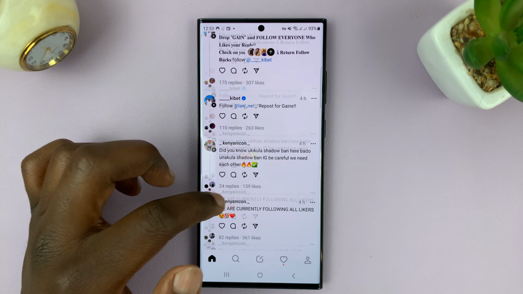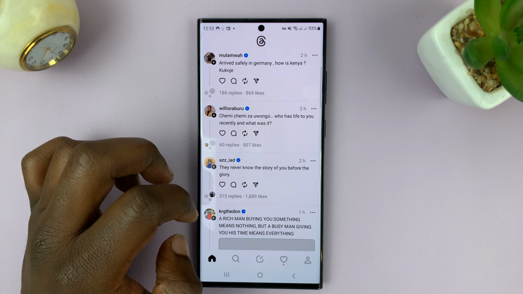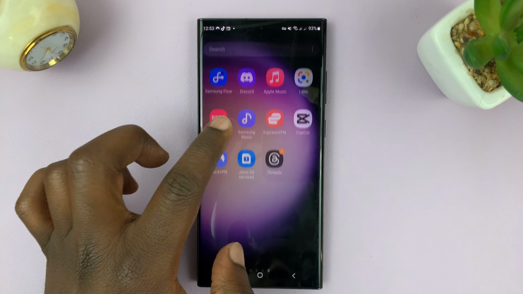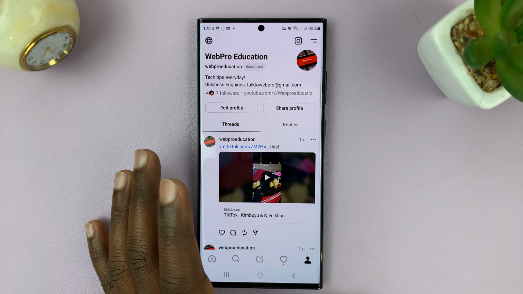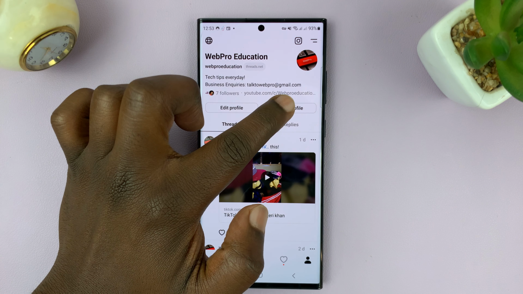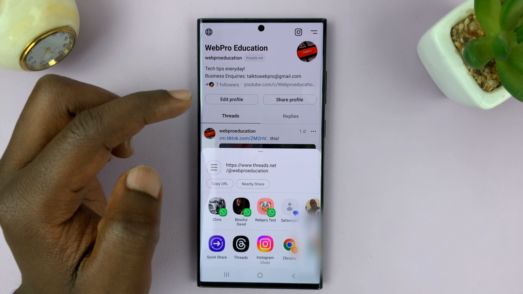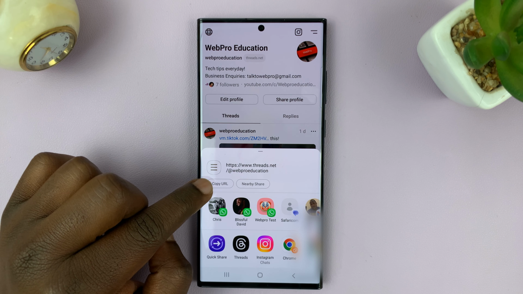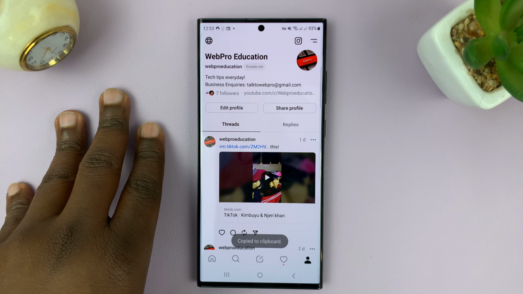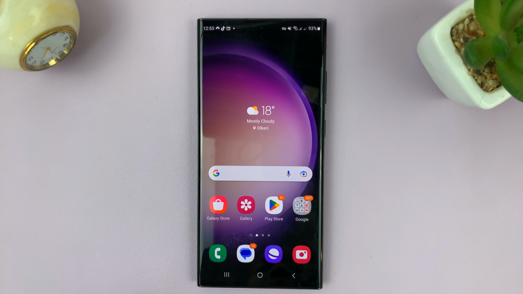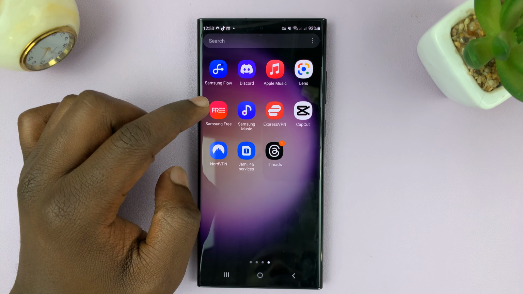So what you want to do is go to Threads and then tap on the profile icon in the bottom right corner. That opens your profile page, and then tap on Share Profile, and from the menu tap on Copy URL. So that's going to copy your profile link to the clipboard, and then now you can exit out of that and then go to Instagram,